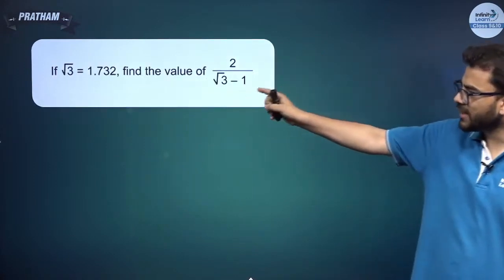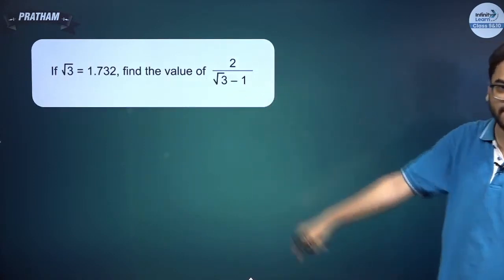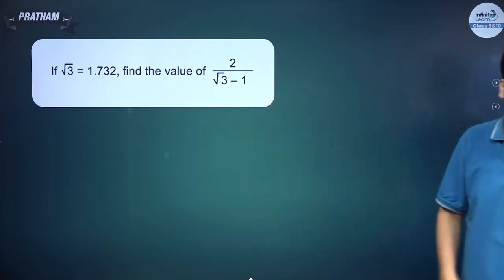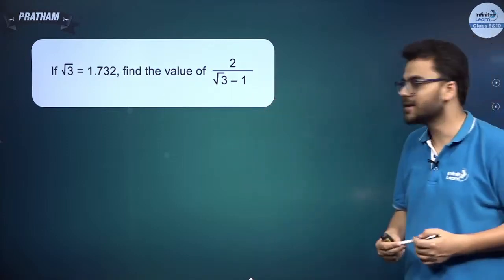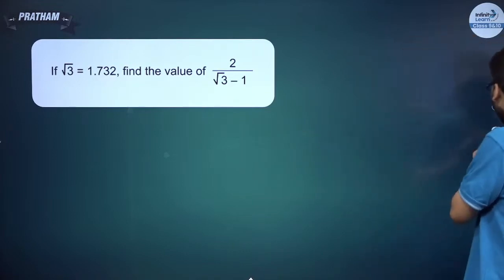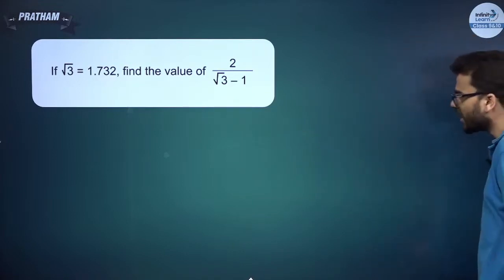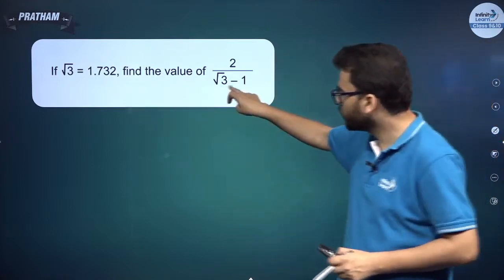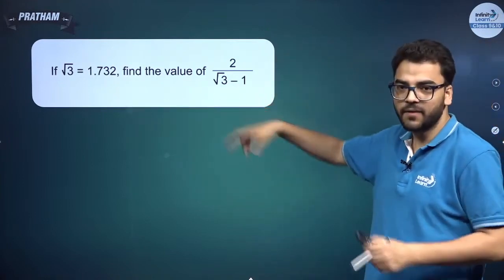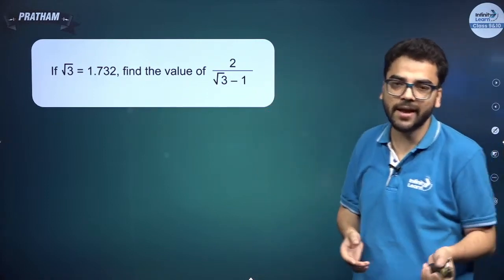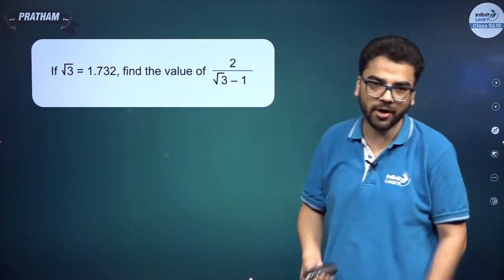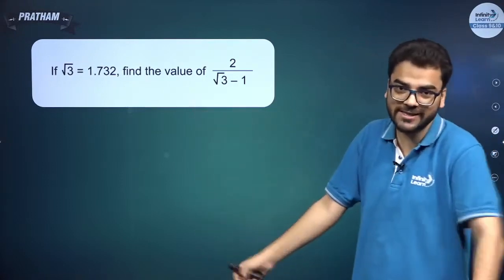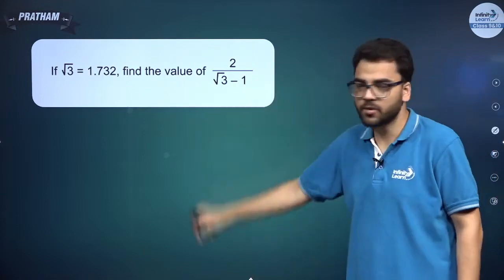So you see, if root 3 is given to you as 1.732, can you find the value of 2 upon root 3 minus 1 over here? 2 upon root 3 minus 1. So you see, this question is given just to make you do rationalization of denominator. If you actually put the value of root 3 over here, it will be a very big calculation. It will be an unnecessary wastage of time. You got it? So for that purpose only, this question is given, so that you can use the concept of